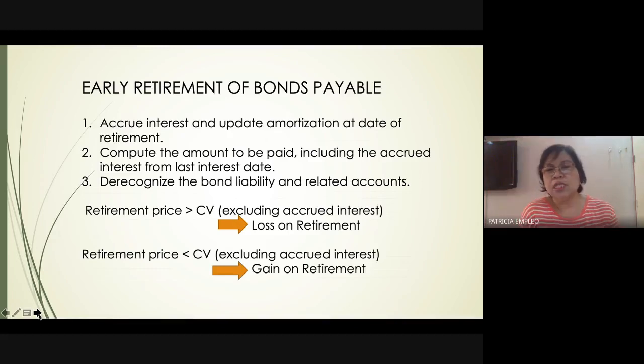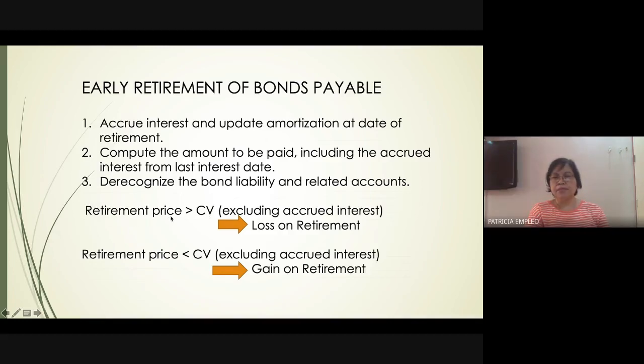So after computing the amount to be paid, including the accrued interest from the last interest date, and updating the accrual of interest and the amortization of the premium or discount, then we are ready to recognize the bond liability and the related accounts. Related accounts here will mean interest payable on bonds payable, discount on bonds payable, and premium on bonds payable. So we need to compare two